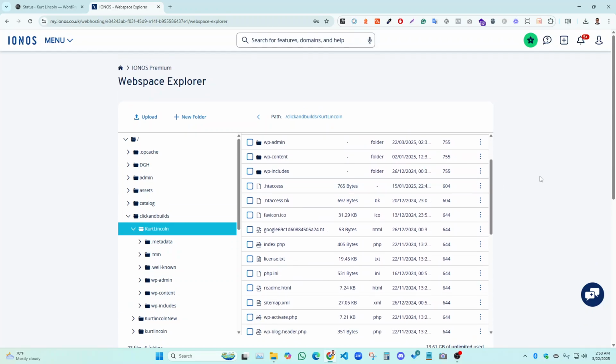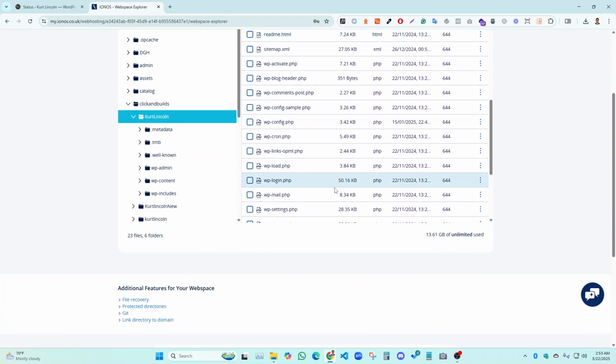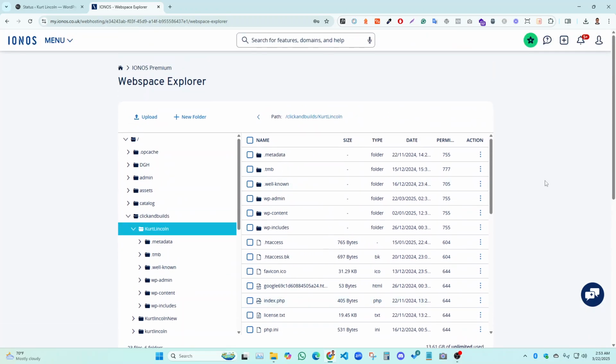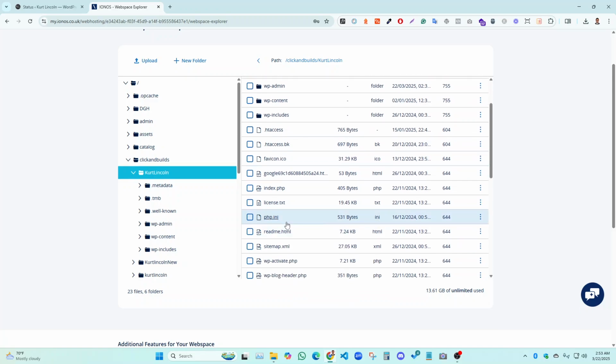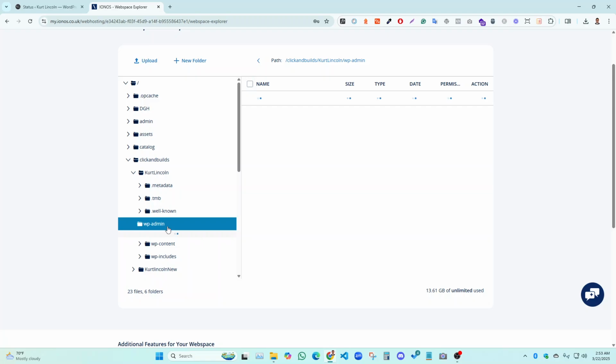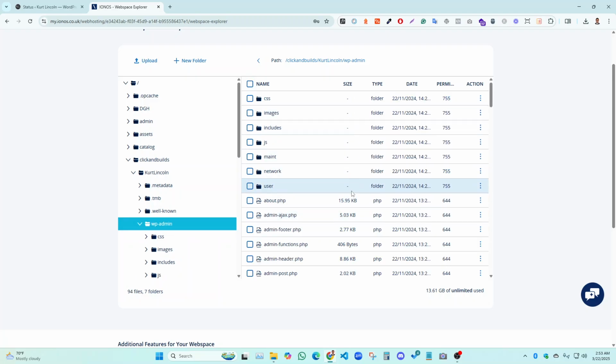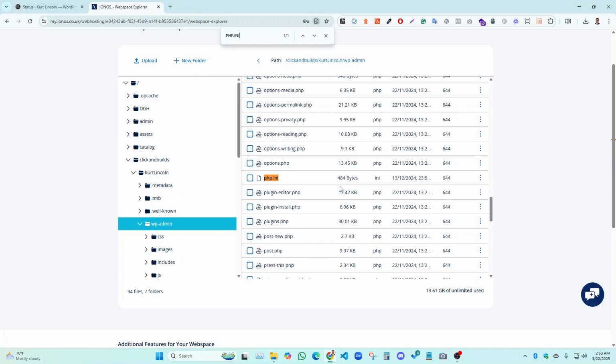Here you should find the php.ini file to set up PHP settings. As you can see here, the php.ini file, but I will need to find that in wp admin on this folder. Let's go to this folder and find the file for php.ini. Yes, here is the file, and now click on download